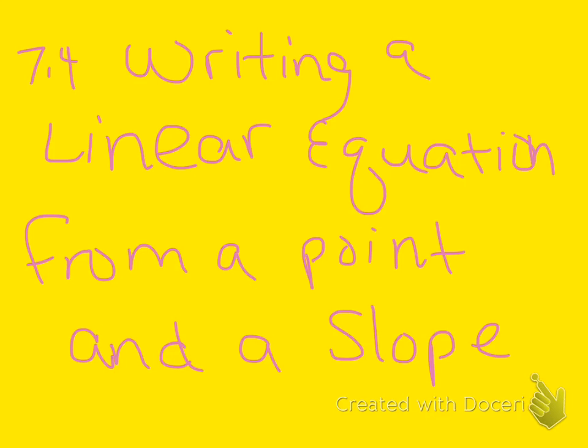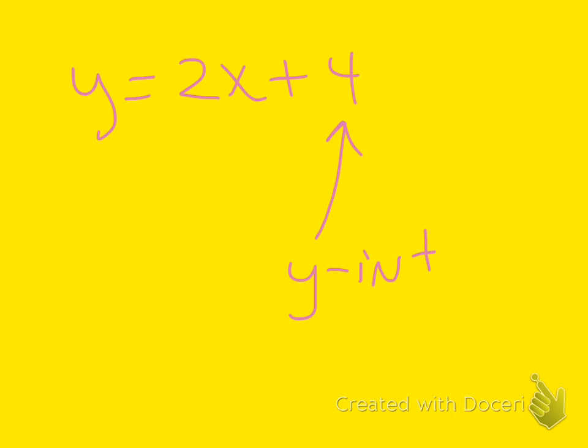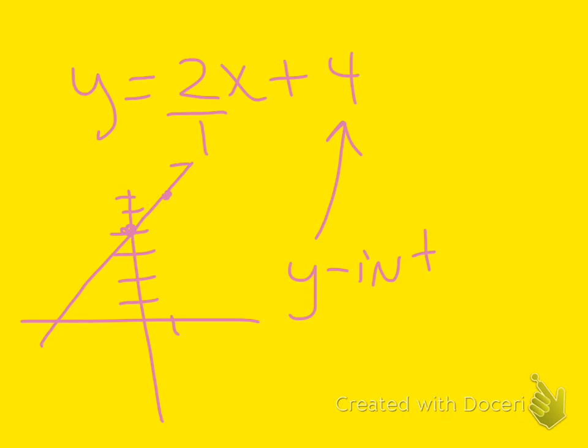So you knew that if we had y equals 2x plus 4, you know that this is the y-intercept. It's where it crosses the y-axis. And so when you graph it, you just start over here at 4, 1, 2, 3, 4, right on there. And you know that this is 2 over 1, and that's the slope. Go up 2 and over 1, up 1, 2, and over 1. And then you can graph your line based on that. Okay. So today, they're going to